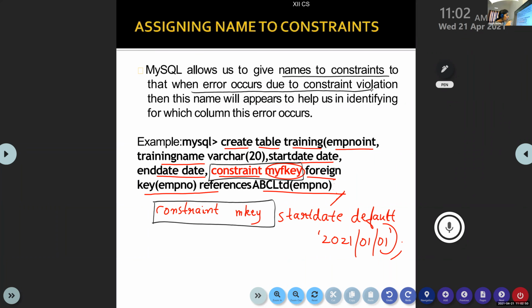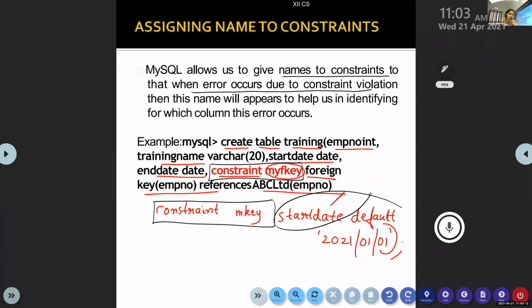So now you know that the foreign key constraint name is my F key. Start date default constraint name is M key. So suppose some problem occurred in the coding due to this particular thing. Then you will come to know that I have added a constraint called M key to this. So let me drop it.